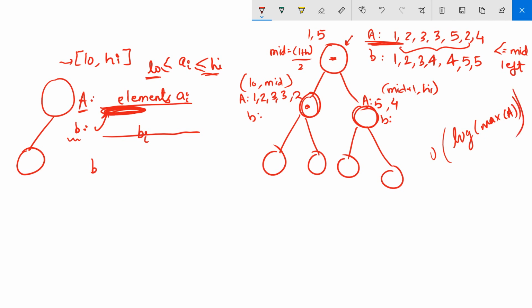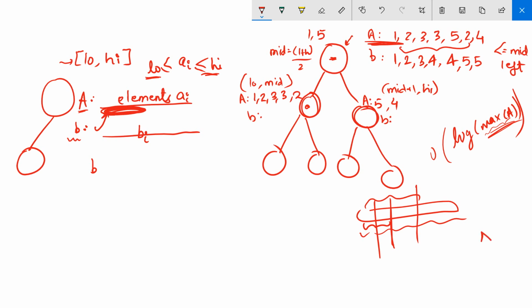because at each step you are dividing the interval by 2, right? This becomes interval again divided by 2, so it can be log n, where n is the maximum value, because in the start this complete range can be at max the max value of a. So the height is at max this, and let the array elements be n. So the space at this level is O of n.